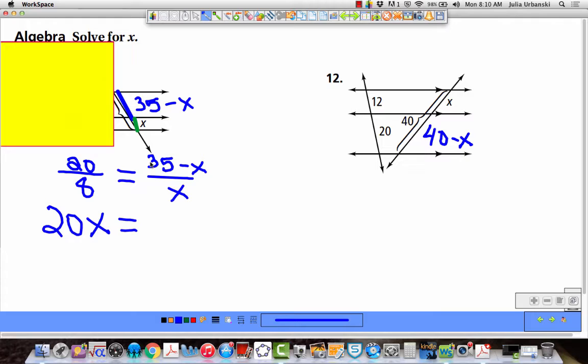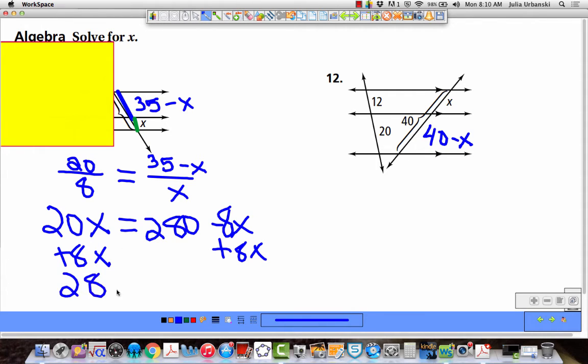It's not 280, is it? Help me out. 280? Yeah. 280 minus 8x. All right, don't forget to distribute. You might set up the whole thing right, and if you forget to distribute, the answer comes out wrong. So now I have to add 8x to both sides, and 28x equals 280, so x equals